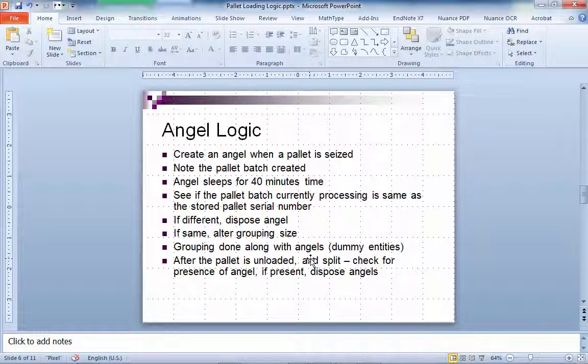The pallet batch number is created, so we record the current pallet number, and I ask this angel to sleep for 40 minutes, come back from heaven, and check if his twin brother is still waiting in the queue, and of course the parent queue. If the pallet batch number of the current process is the same as the one stored in the angel serial number,